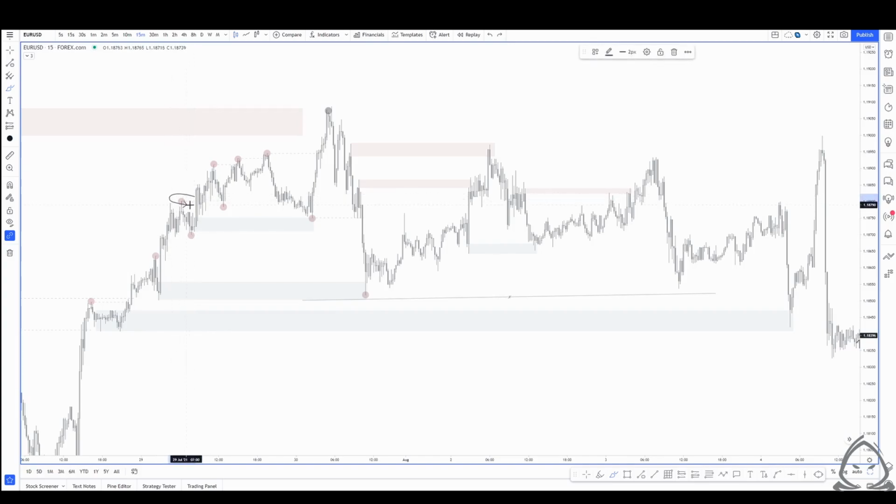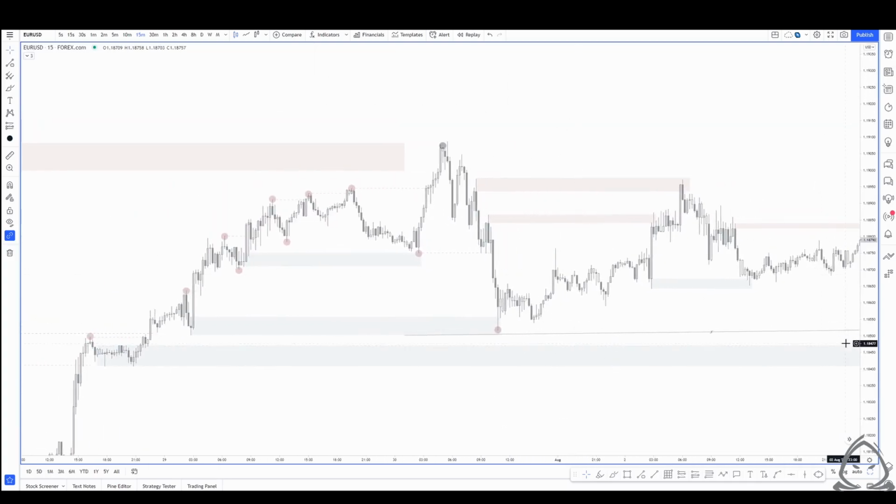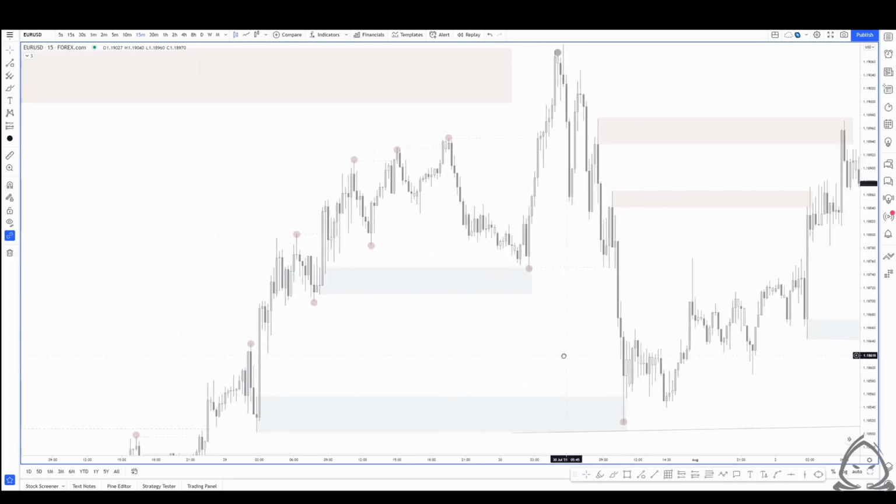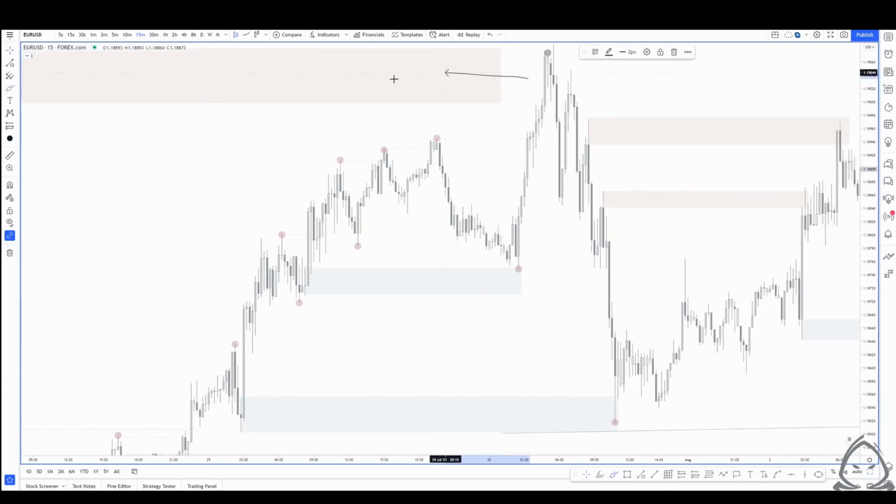Now, if we look at this area, we can see that we break swing structure once again. We create a demand zone. Price returns to that demand zone and continues moving back to the upside. Now, of course, it's not always going to be a perfect world where demand zones get respected. We did discuss in this area about the variance between the 15-minute and the 4-hour, but what we can see